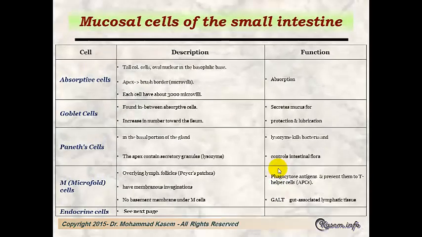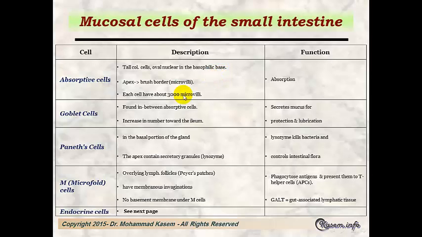The mucosal cells of the small intestine are summarized on this table. We now will enumerate and describe each of the cells in the lining of the small intestine. We'll talk about the simple columnar absorptive cells. These are tall columnar cells with oval nuclei,